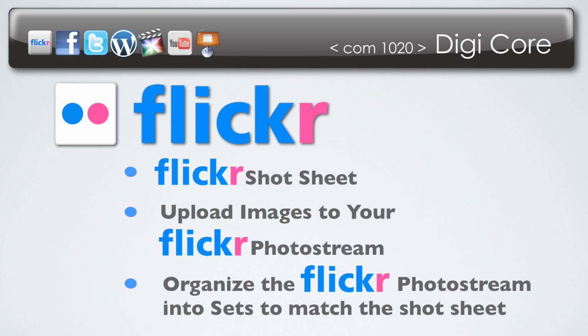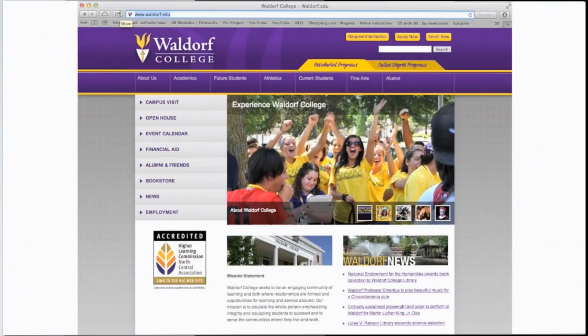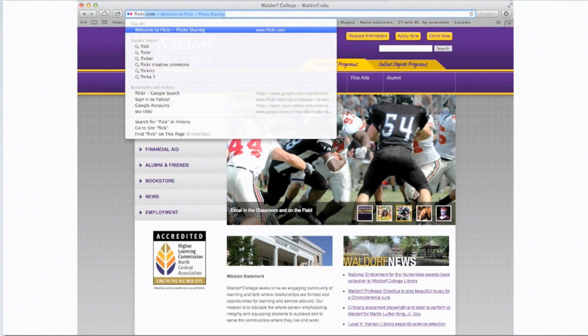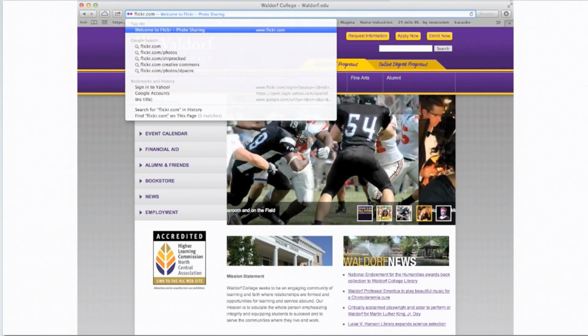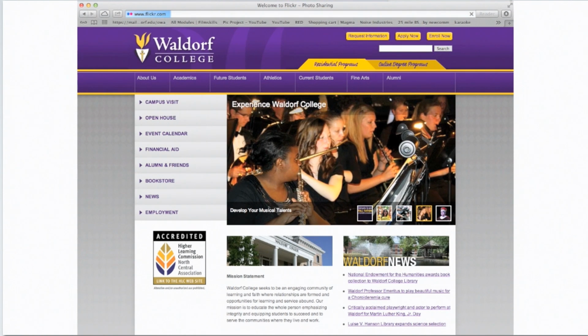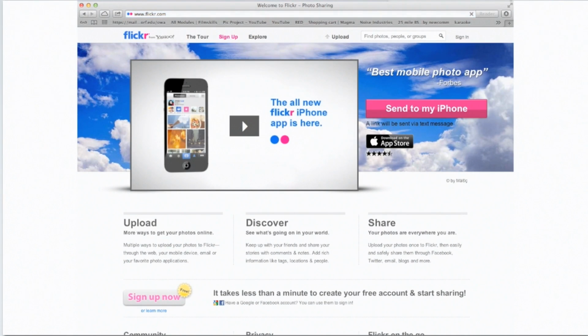Are you ready? All right, let's do it. Let's hop onto the computer here, and I'm going to sign into Flickr. That's Flickr without an E. It's got an R. I'm going to sign in here and see how fast the internet's screaming today. That was pretty quick. So here's Flickr with a lot of advertisements, and notice that there's a beautiful pink button